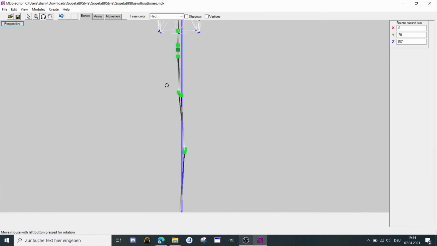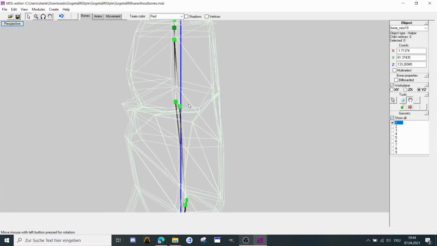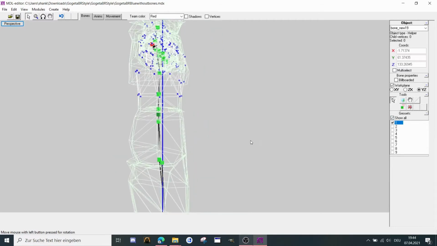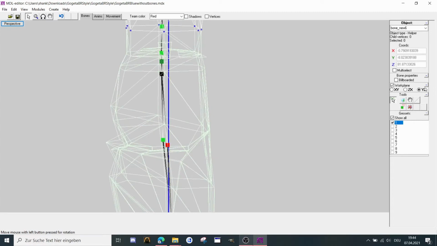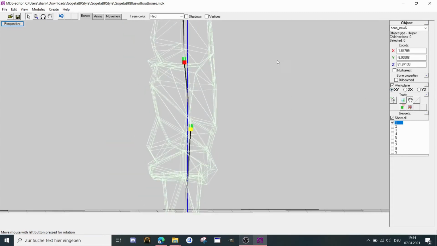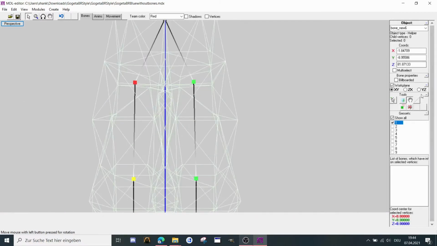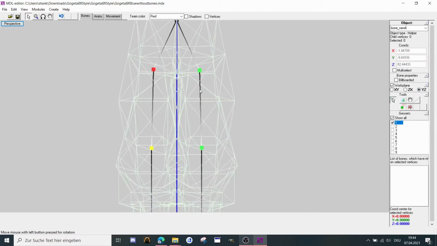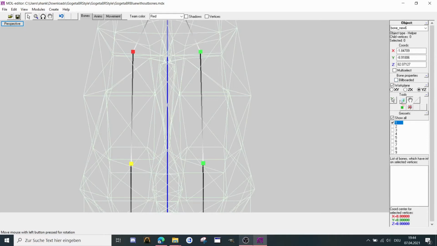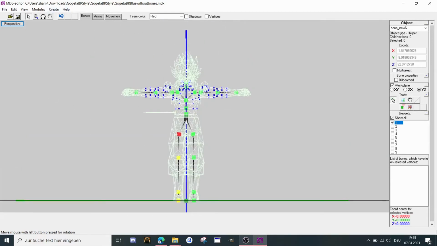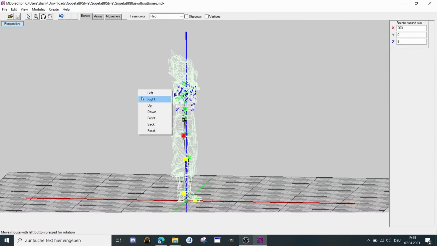With the legs, I'm not 100% happy about it. This one should be a bit more. Oh, wait. So we should also select them and move it a bit back, trying to match the pose. Okay. So that looks good. Saving it. And now we're gonna start to connect the mesh